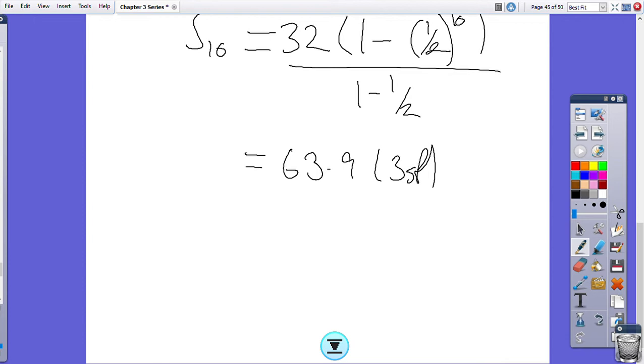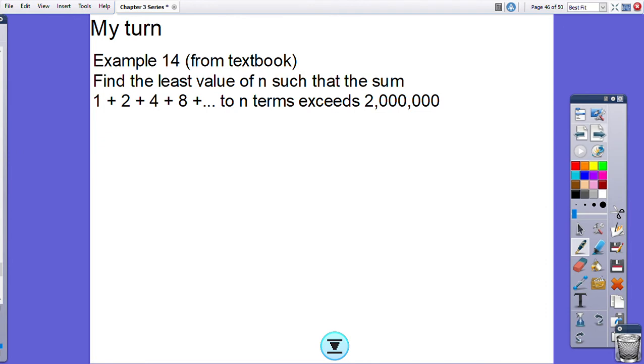Okay, right, let's move on to another example. Here we have a series that keeps on going as 1 plus 2 plus 4 plus 8, and it keeps on going until your sum gets bigger than 2 million, and then we stop. So what we need to do here is work out what n must have been equal to for that to happen. If we start off with a equal to 1, r equal to 2,